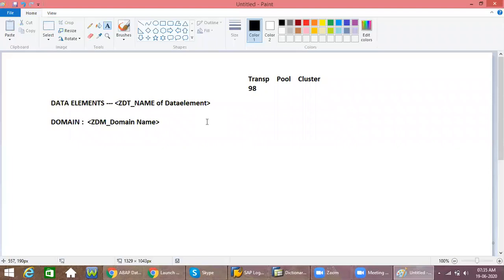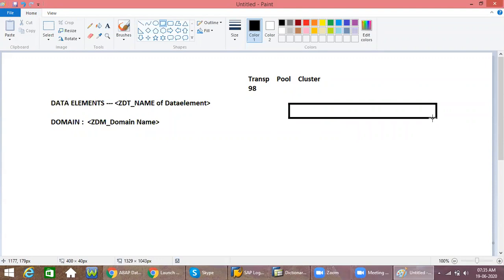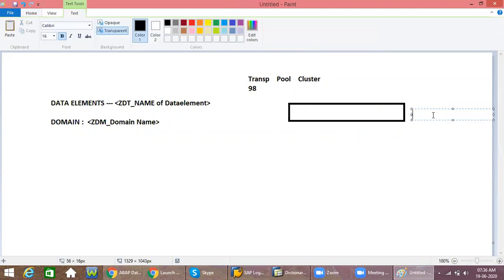See, in real time, how the system is available, either pool tables or cluster tables, is nothing but this: let us say this is a database.